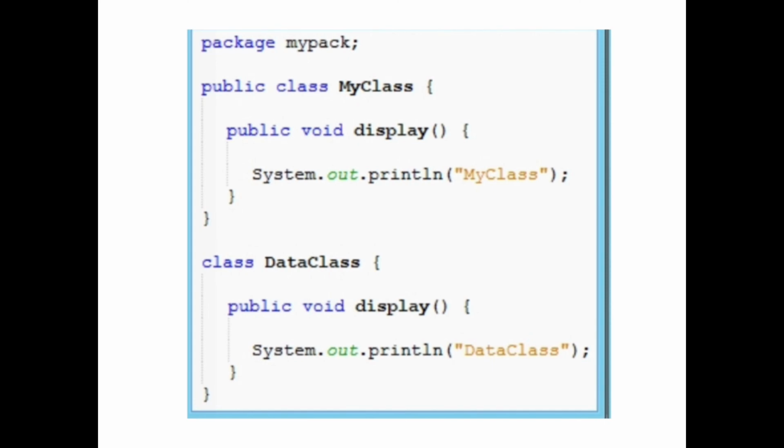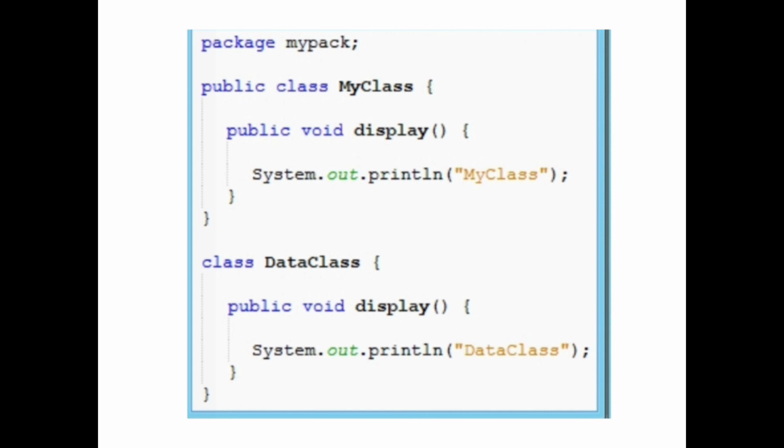For example, in the first package, the name is mypackage, and write the class: public class MyClass, and inside the public MyClass I am writing one method, that is public void display, with an output statement.